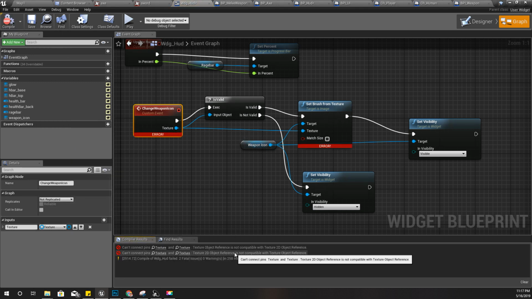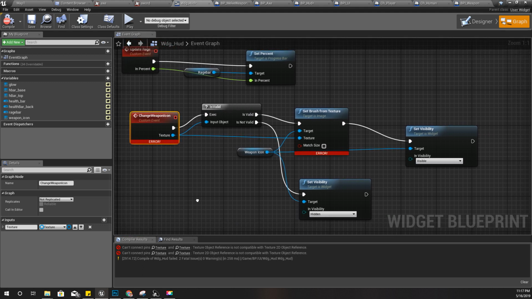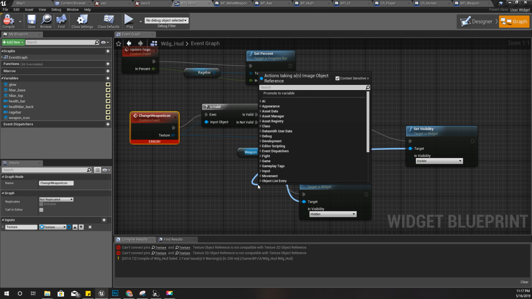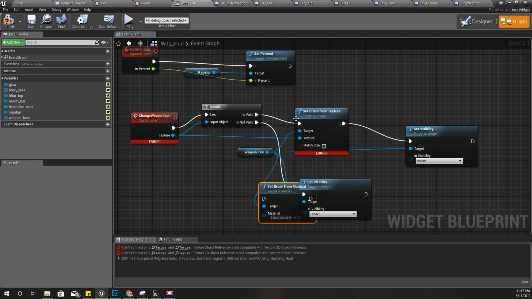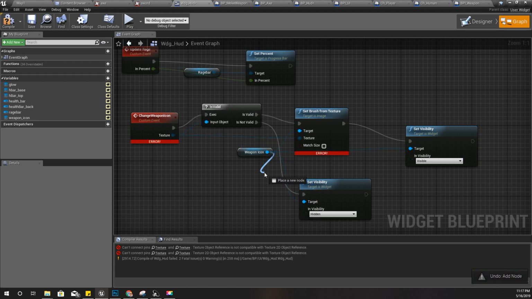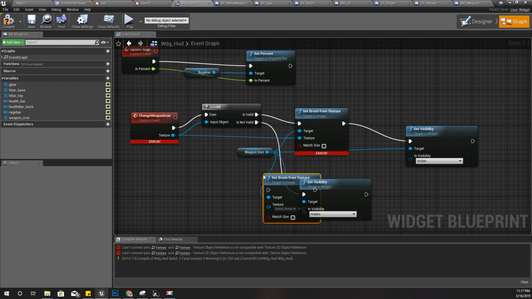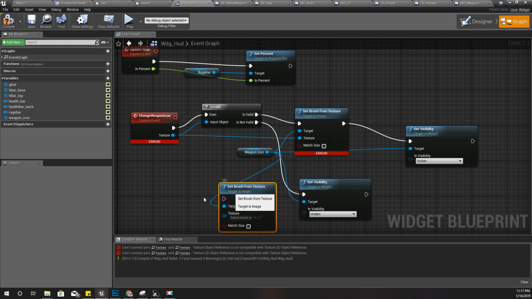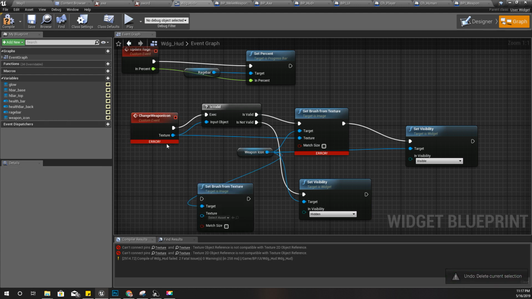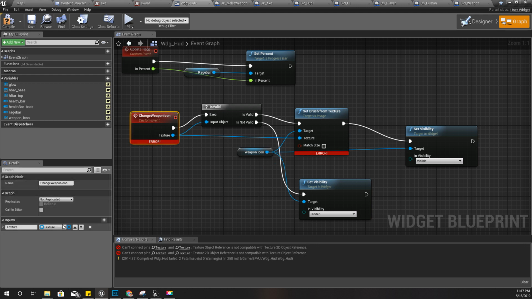Oh no. No, it is necessary to have a 2D element, so I can't change this back to just texture type. So I need to change this back to texture 2D,